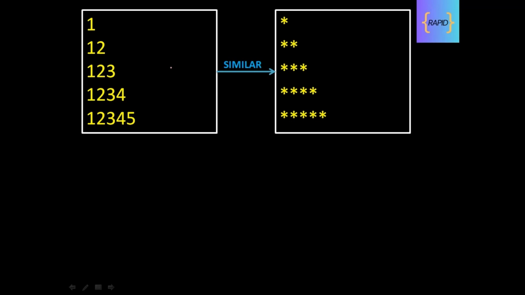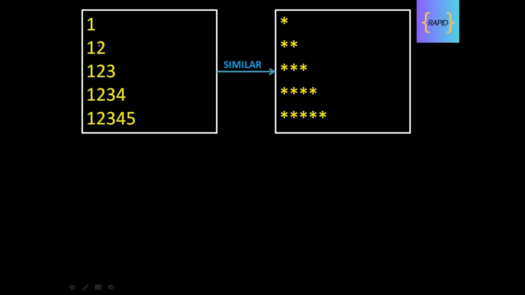For this pattern, we can't print i because in the first row i is 1, but in the second row i will be updated to 2 and we will print 2, 2 here, but we want 1 and 2. So the last option is we can print j.